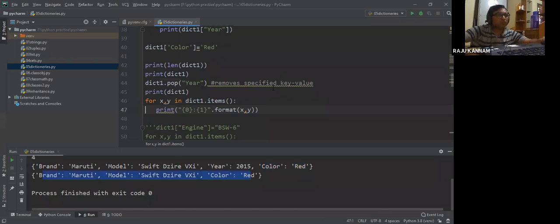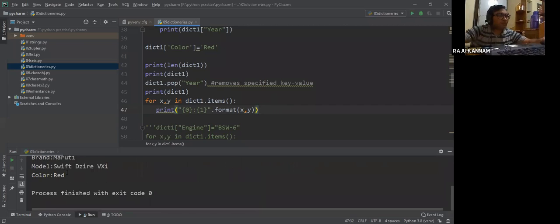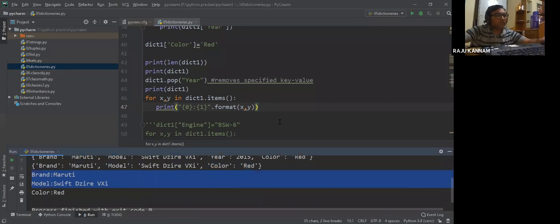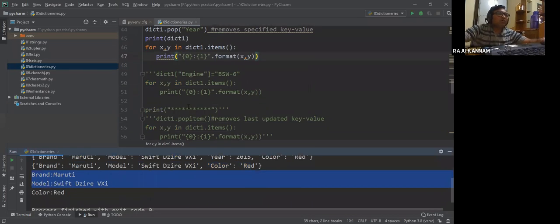This for loop is used to print individual key value pairs after removing the item. Now that year is removed, only brand, model, color is there. Now, dict1, I'm adding one more key and its value.